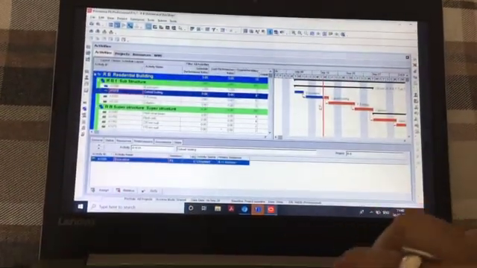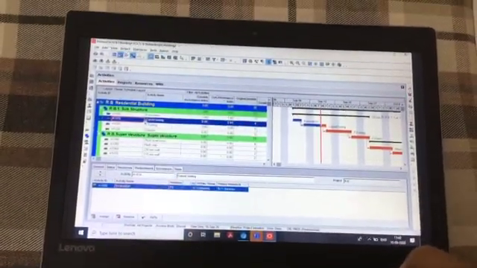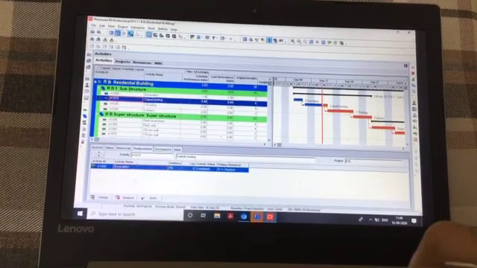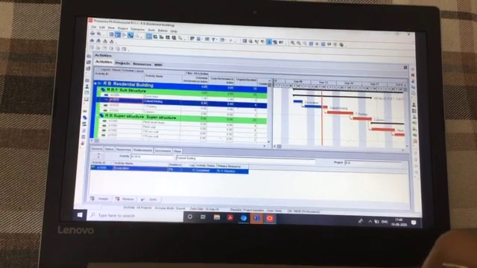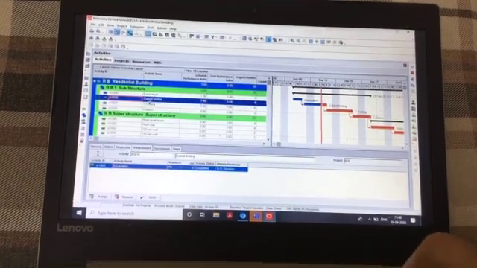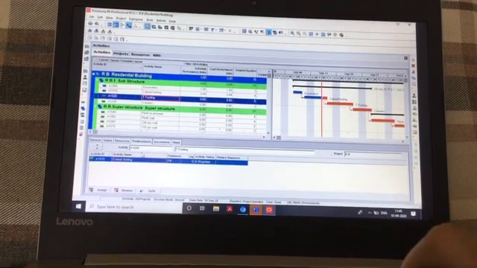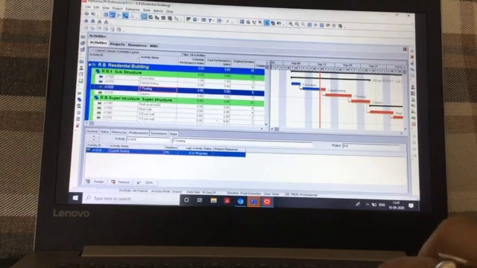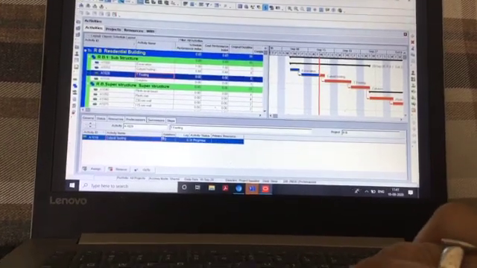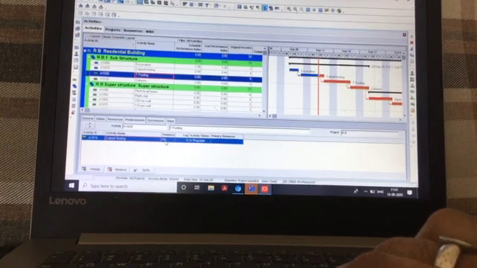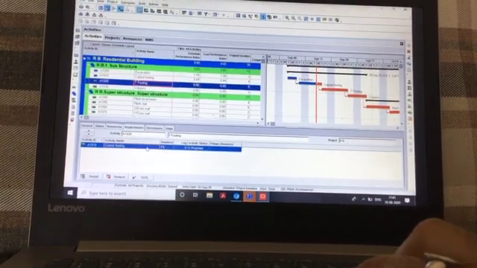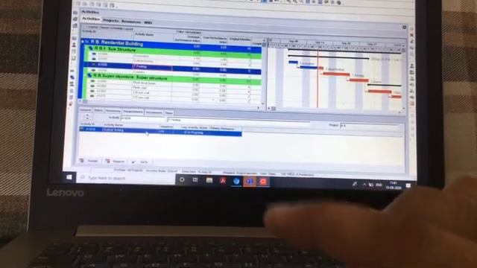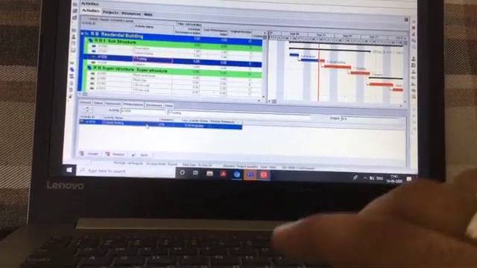So I'll just show you the predecessor. The predecessor to cuboid footing is excavation. This, logically, right? Then trapezoid footing, its predecessor is cuboid footing. And also notice that the relation is FS, which means if the predecessor activity finishes, only then the next activity can start.